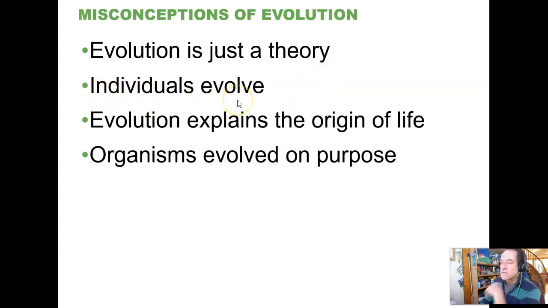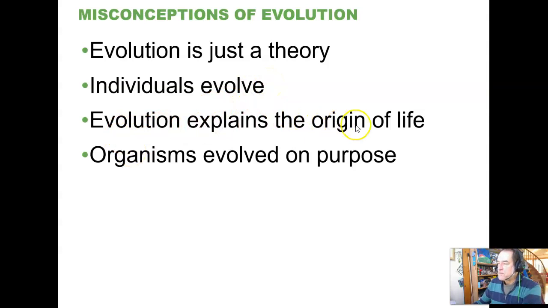Okay, individuals evolve. We do not. Evolution depends on me attempting to make a copy of myself, however I do it. Asexual reproduction, Biology 1406, or sexual reproduction, where two individuals are required, again, Biology 1406 material. But I'm attempting to make a copy of myself. And for evolution to work, the copies can't be identical to me. There's got to be variation based on mutation in those individuals, and then the environment selects those individuals. So individuals do not evolve. A population evolves as it reproduces over time.